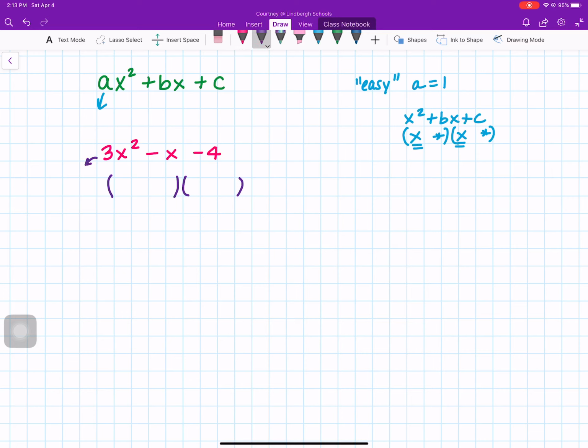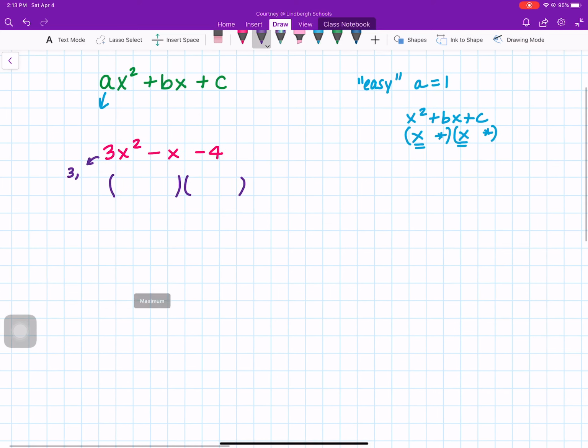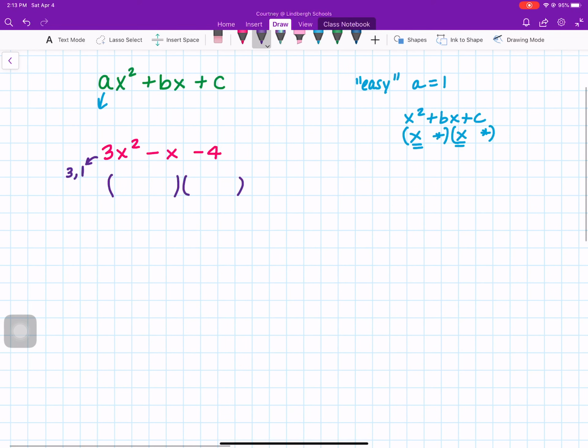So first, look at your leading term. Think of all the numbers that multiply for your leading term. In this case, it's just 3 and 1, which means that one number is going to be 3x, and the other number is going to be x for the first term in each binomial. So now go to your last number. The numbers that multiply to 4 are 1 and 4,